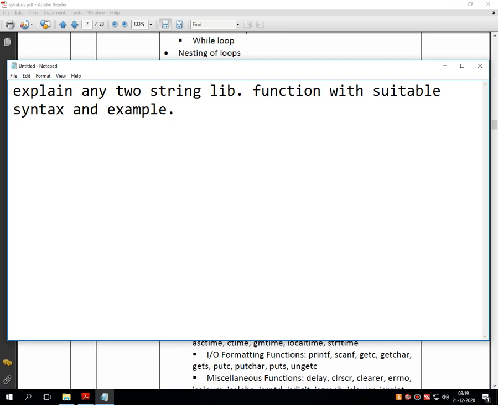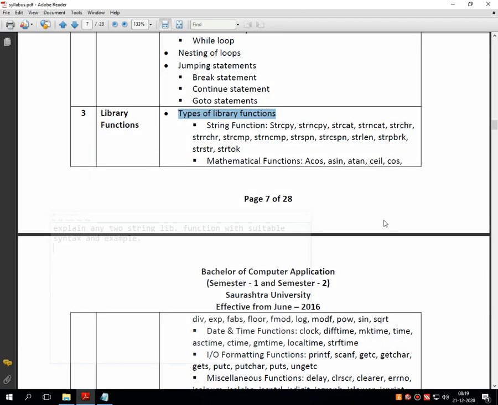Or the question might be like this: explain any two mathematical library function with suitable syntax and example, and so on.